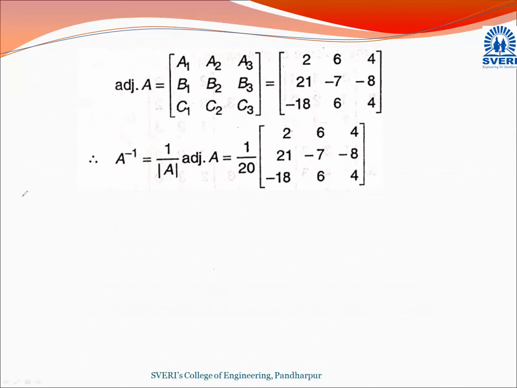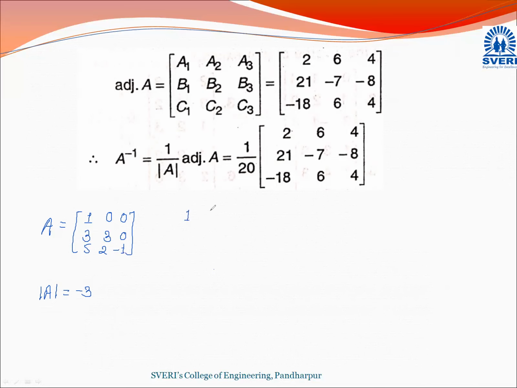Suppose I have that example. A is equal to a matrix with element 1, 0, 0, 3, 3, 0, 5, 2, minus 1. And finding out A inverse, determinant of A, it is equal to, if you are calculating this multiplication of diagonal elements, 3 into minus 1 into 1, it gives minus 3. Then after that, I am going to find out A inverse. So before that, just I have given that one idea.